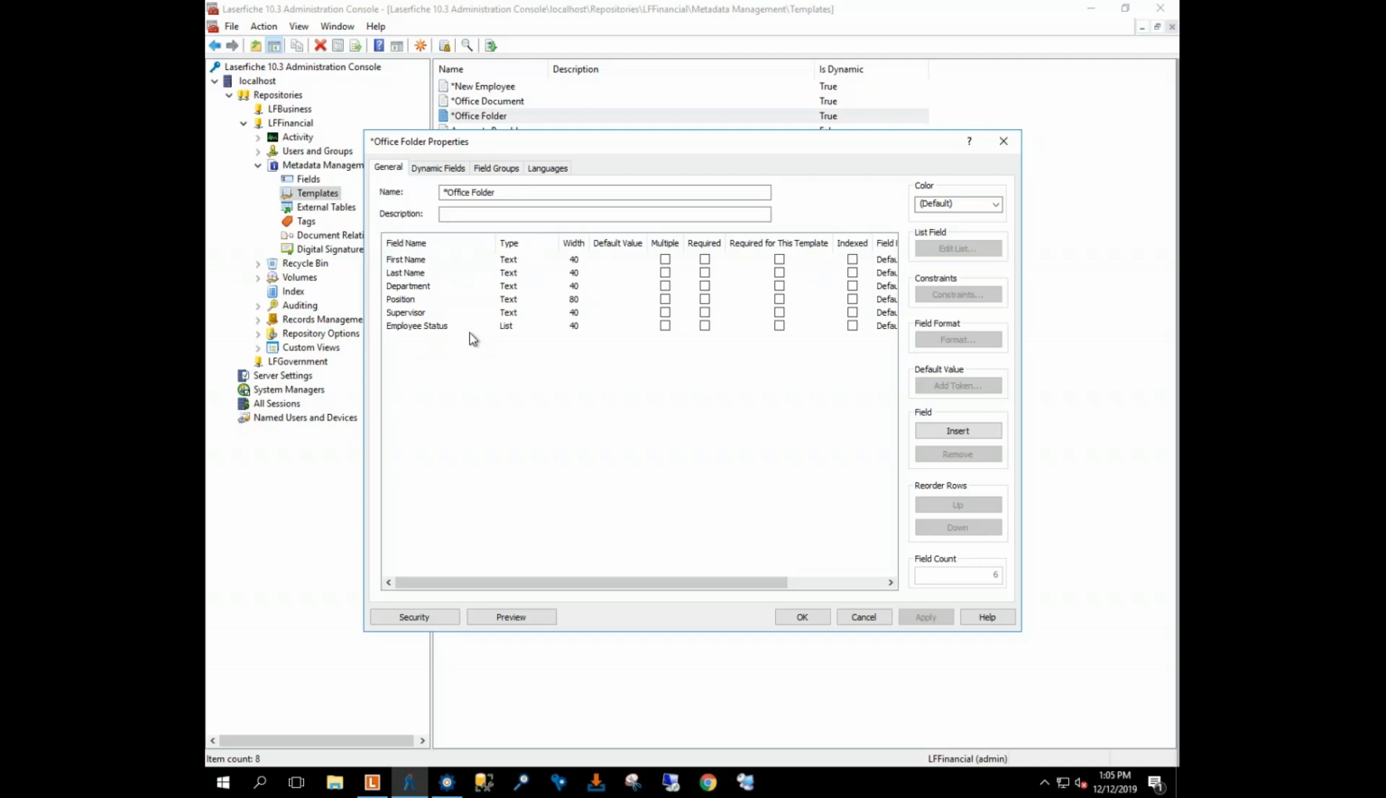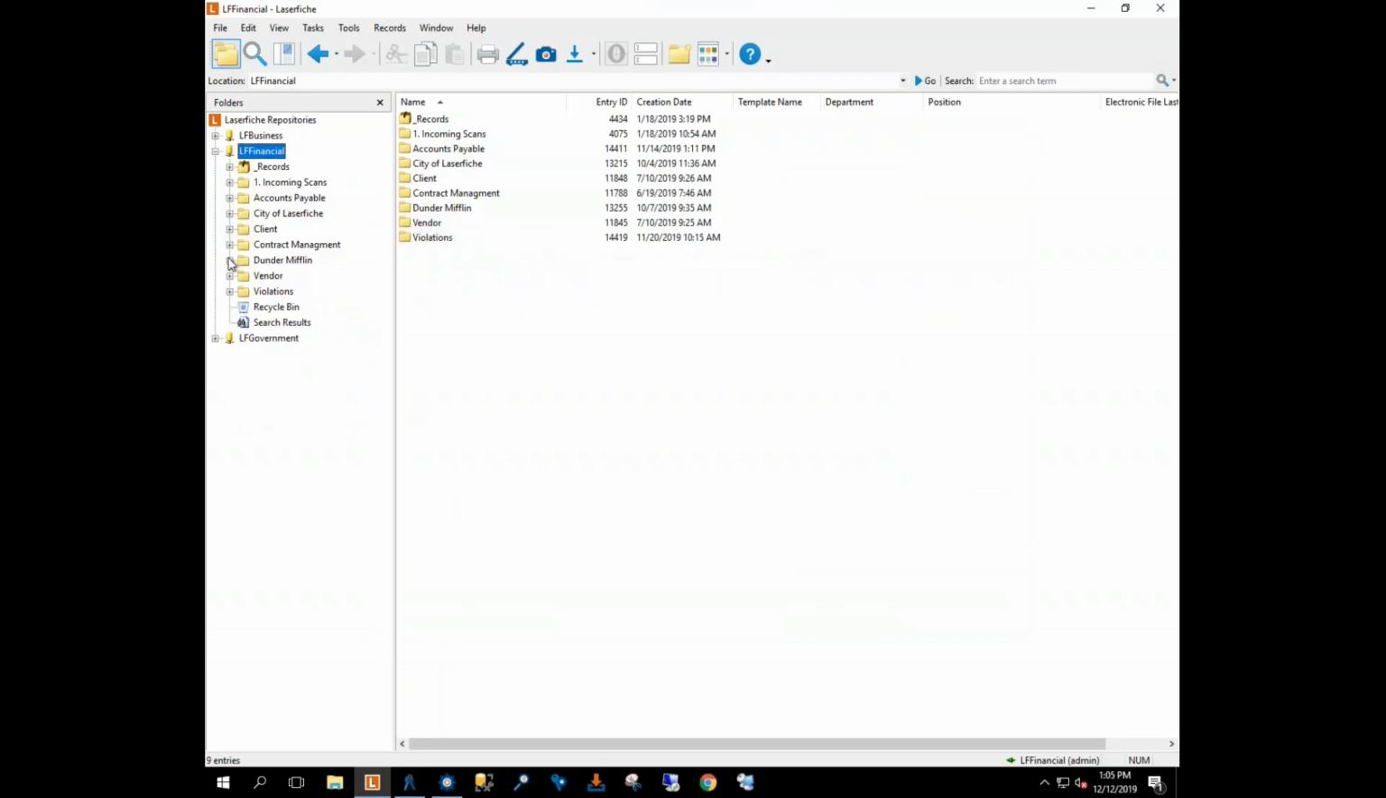So if I want to know all of my full-time employees, I'm going to need to make sure that that data, first of all, exists somewhere in Laserfiche, such as a folder with their name, first name, last name, department, position, supervisor, and then, of course, employee status. So each one of those will need to be set up as such, and then we'll also need to make sure that they are then applied